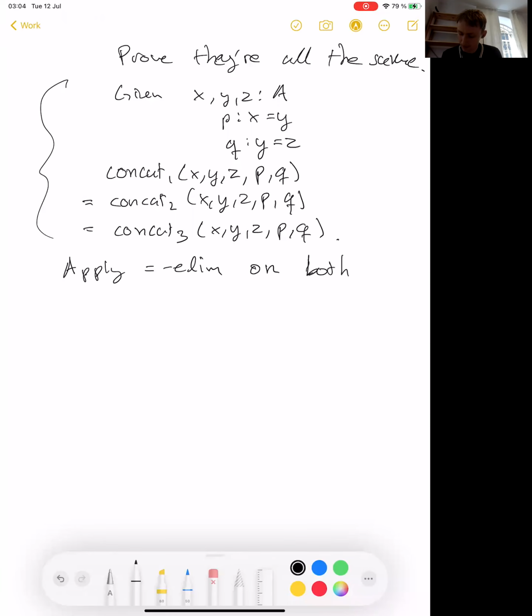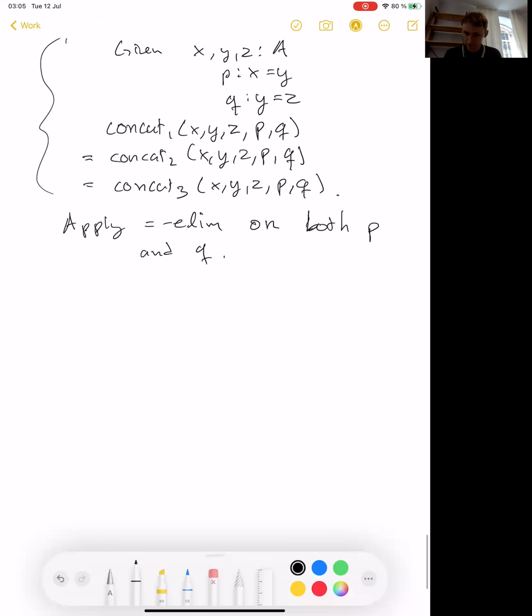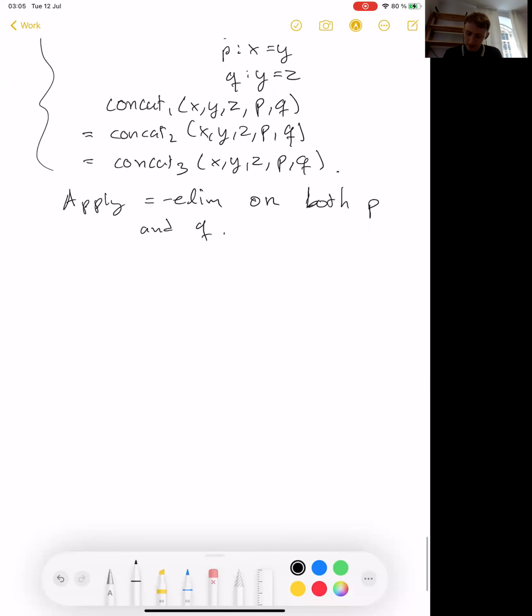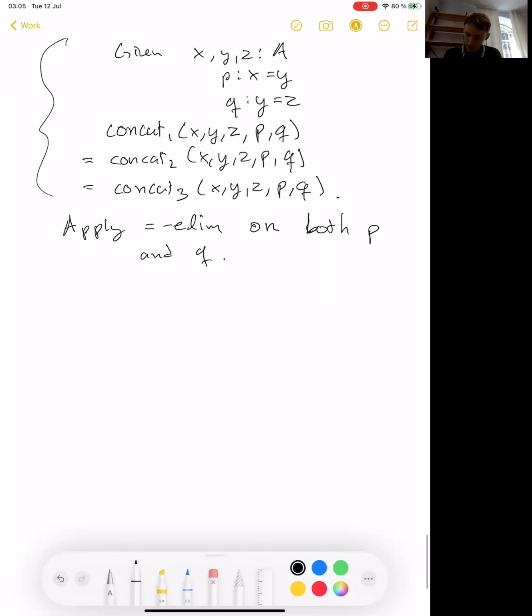On both P and Q. It doesn't matter which order you do it in this case. So we apply identity elimination on both P and Q, and this is going to completely delete P from the equation, completely delete Q from the equation. They will both be replaced by refl x. So